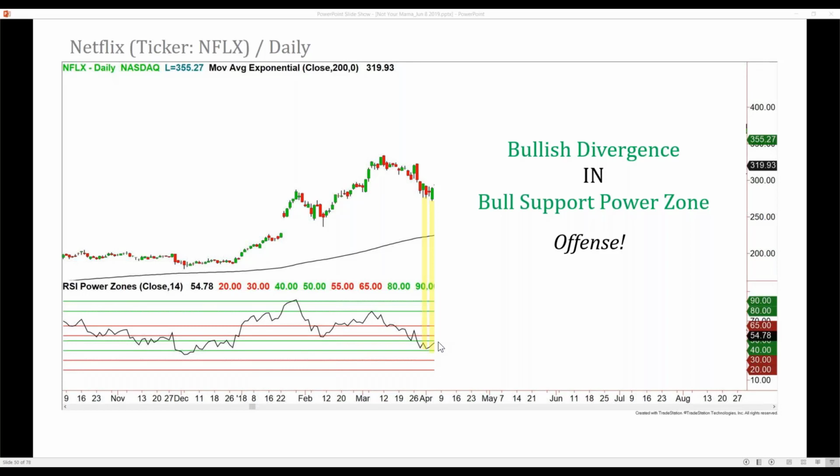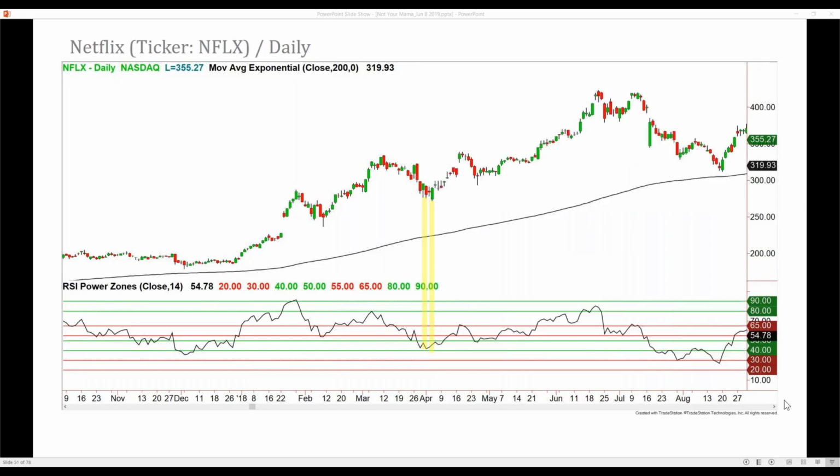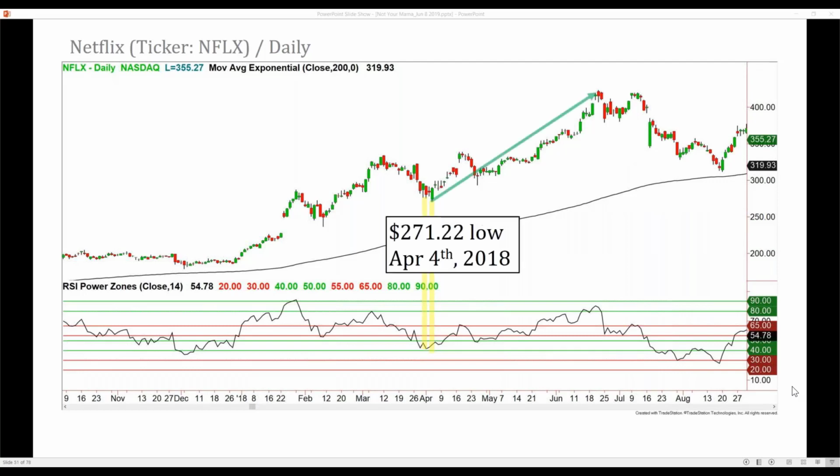Now, the nuances of how you get in that position come later, but I want you to see, I lined this up for folks, and then this is the price action that unfolded. This actually happened already, right? So we had a move from the low on April 4, 2018 at 271.22 to the high June 21st, 2018 of 423.21. There wasn't just one chance to get on it, there were several, but ultimately this created a price